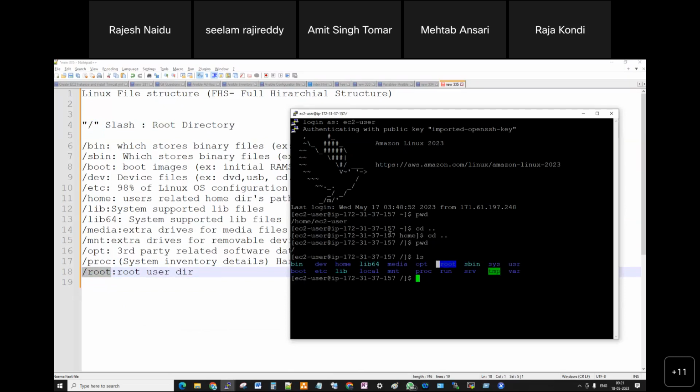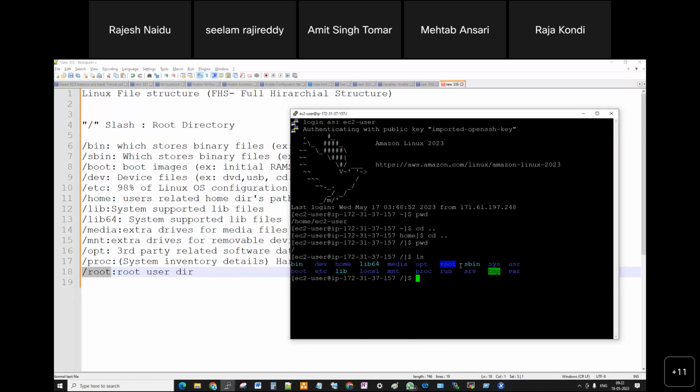So basically, when we are in the root, it will point to the root directory only. Whatever job we are performing will be saved in this particular root. That's why we specially created it: any type of work at the root level, the job will be created at the root level. So in the home directory, only normal users will be available. In the root user directory, only root will be available. Even the name is root. In a Linux machine, the full administrator name is root, R-O-O-T.